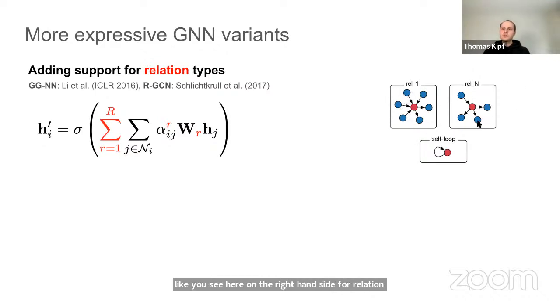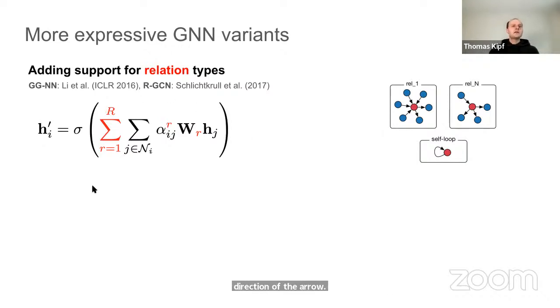For relation n, we have these neighbors. And now I'm also showing directed graphs here. So the arrows could also point in various directions, and information is only allowed to flow in the direction of the arrow, for example. It's one heuristic one can apply. And then a very simple change to the update rule that works surprisingly well is just to assign different weight